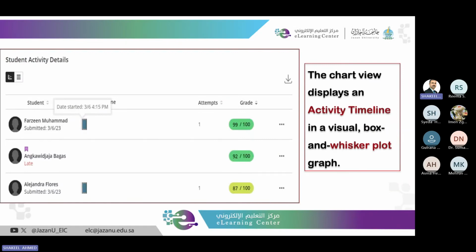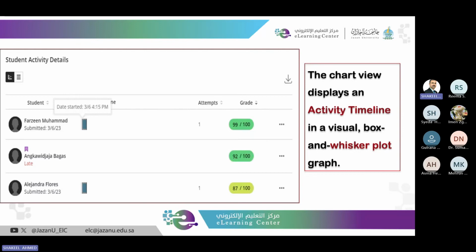Here we can see the students' activity details on the screen. This view gives us a picture of how and when students work on a particular assessment. Each student is listed with their name, number of attempts, grade, and submission time. Next to that, the activity time shows visually when they started, how long they worked, and when they submitted their assignment.